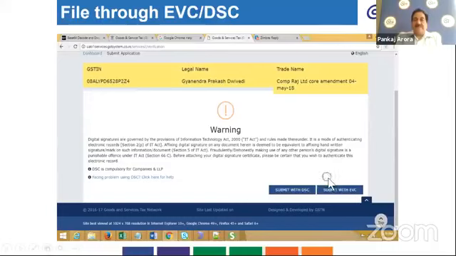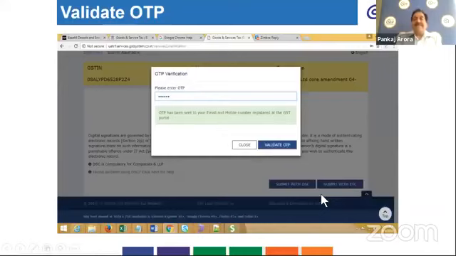So in that case, once you click on file, you get a warning message and you can submit it through DSC or EVC, whichever is applicable to you. In this case, the taxpayer is submitting through electronic verification code, and it validates the OTP which is received at the notified mobile number or email ID. Once you click on validate OTP,